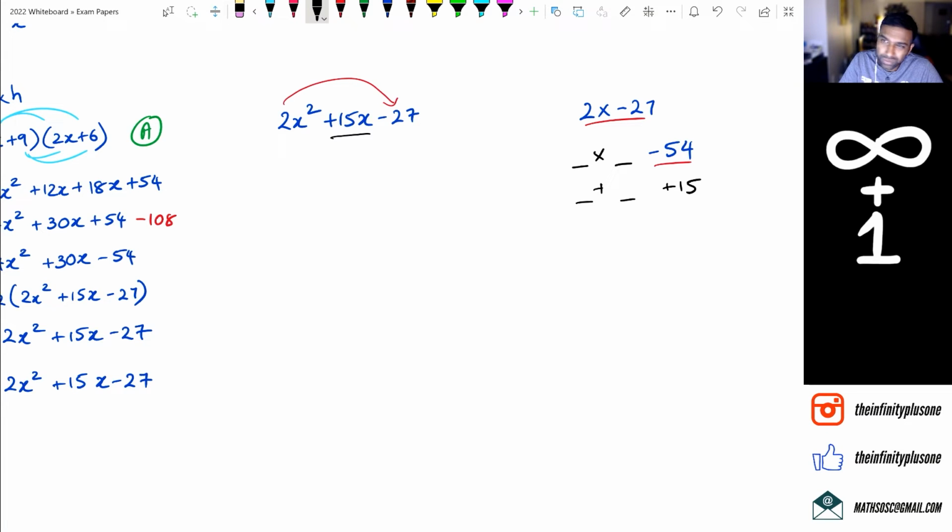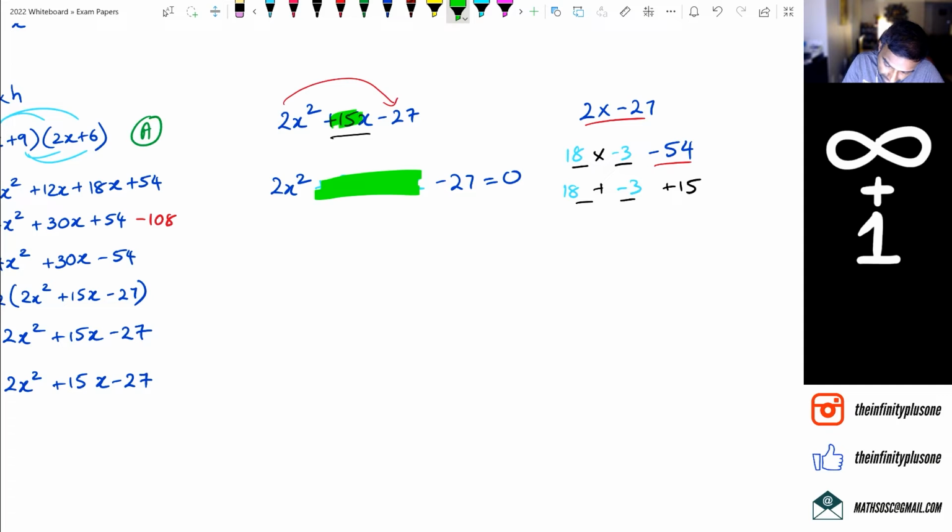And this is where you have to be comfortable with those common numbers, right? Now I know for a fact in this case 18 times 3 is 54, which means negative 18 times negative 3 tends to work. So what I do is I replace it with 18 and negative 3. 18 and negative 3 adds up to 15, so it works out. So I'm going to rewrite this as 2x squared plus 18x minus 3x minus 27 is equal to 0. So all I've done here is I've replaced 15 with 18 minus 3, which I got,